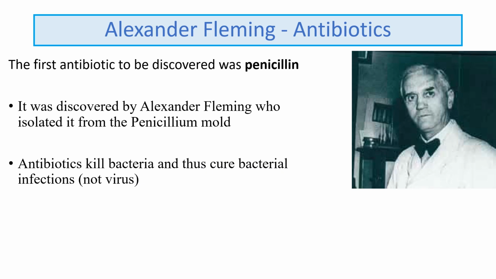So some information you need to know, because you need to be able to link the content and the theory to the practical. That was Alexander Fleming who discovered antibiotics, and he discovered the first antibiotic, which was penicillin. You need to know that name. Why was it called penicillin? Because it was isolated from the penicillium mold, which he discovered. Many different stories on how he discovered it, but he discovered that it was killing bacteria that was growing on